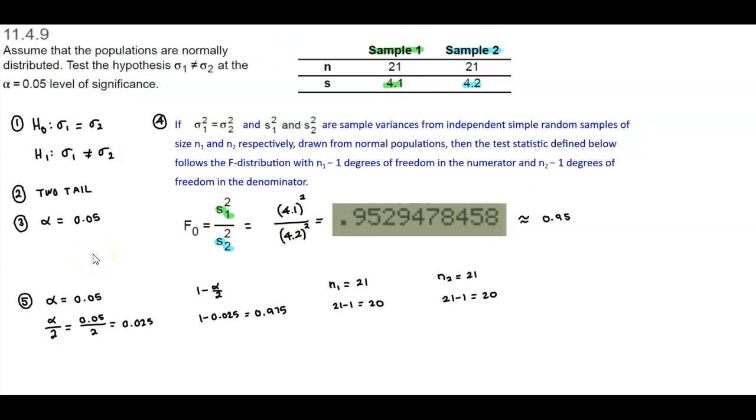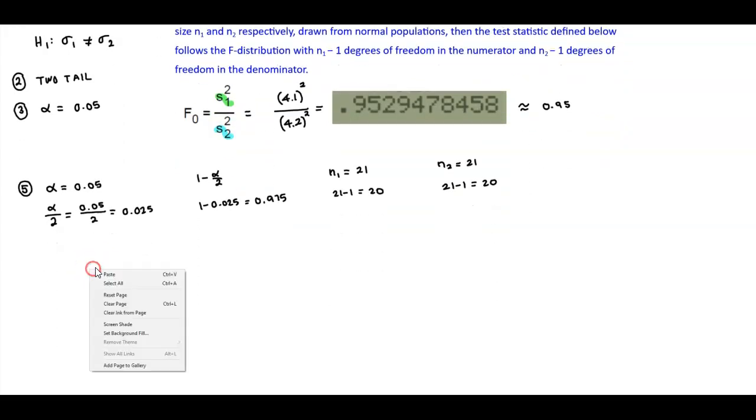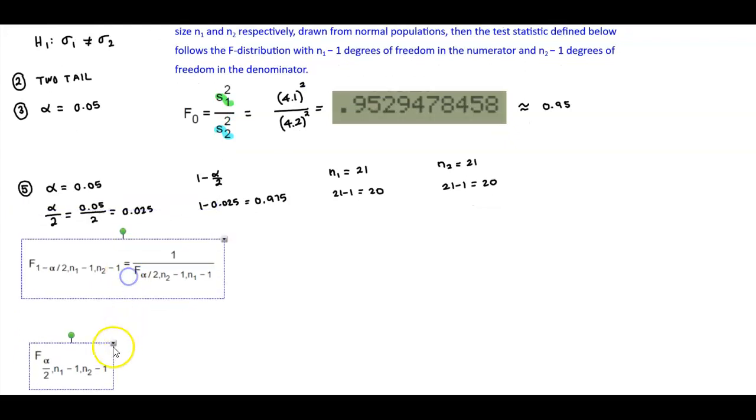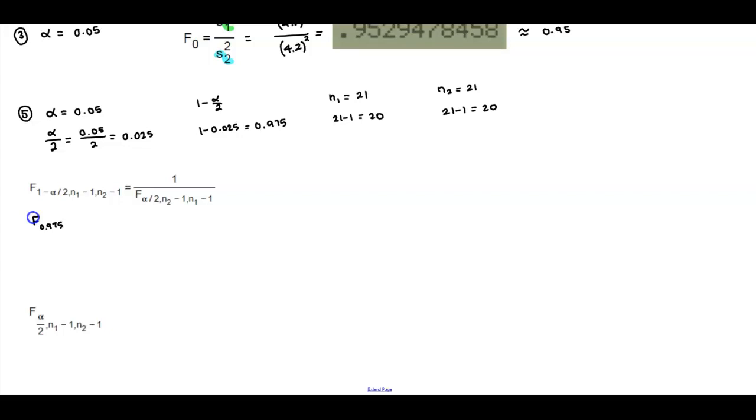Okay, so now we need to find our F distribution critical values. Let's take a look here. If we take a look at the critical values formula, here's our first one. Recall that this becomes F sub 1 minus alpha divided by 2, which is 0.975, with the degrees of freedom in the numerator being 20, and the denominator is also 20. And that's going to equal